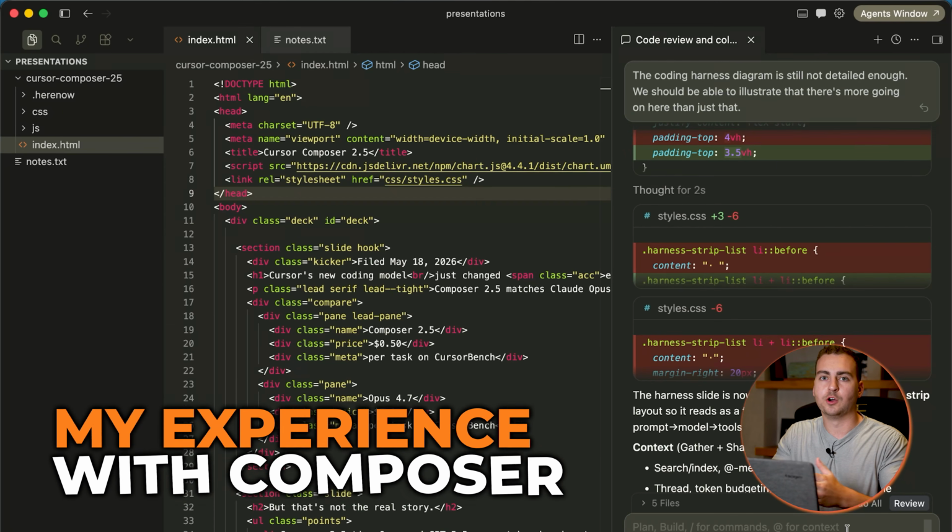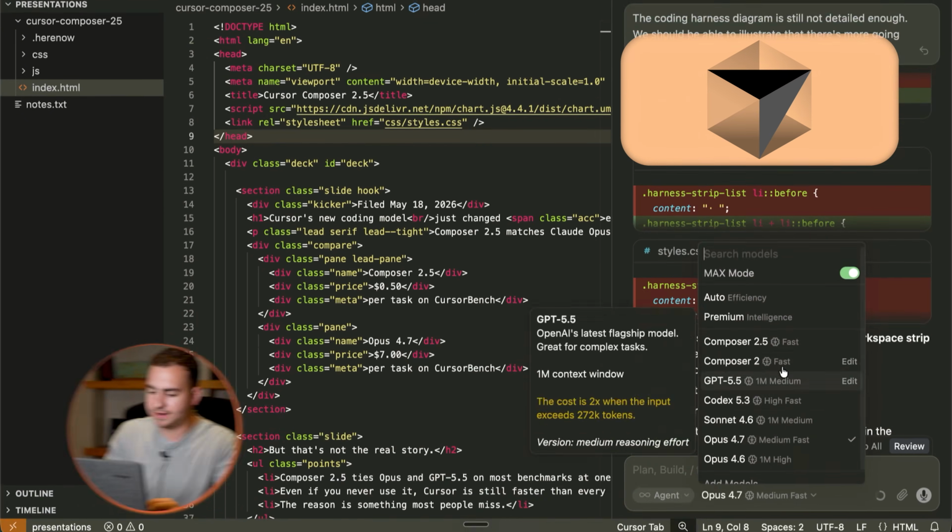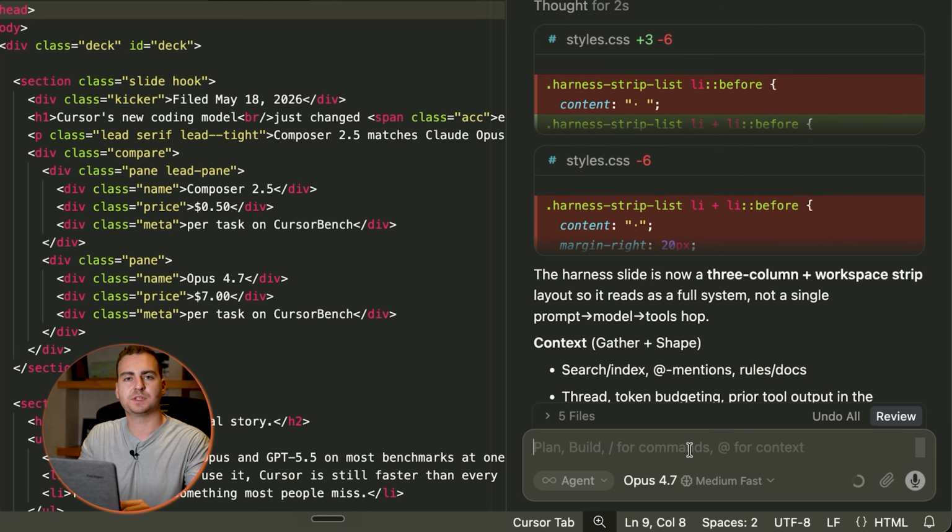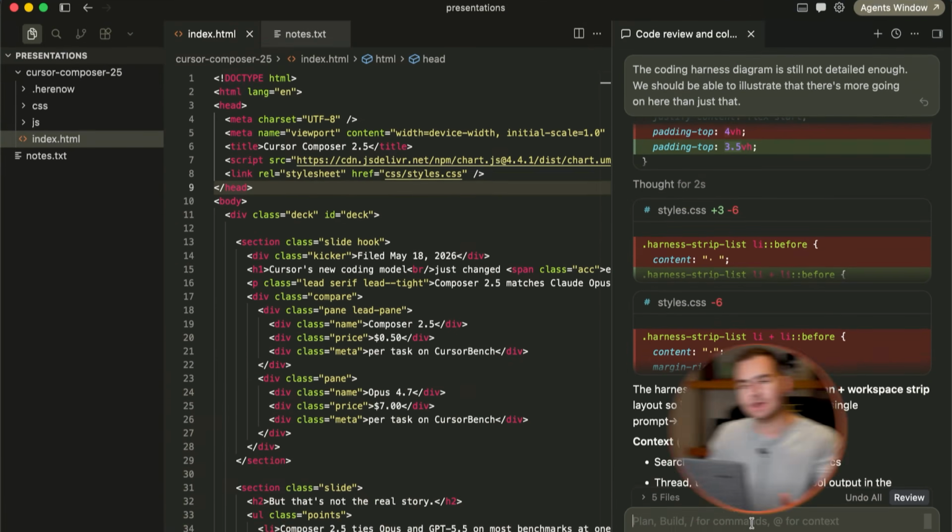So a few days ago, I opened up Cursor. As always, I switched my model here to Opus 4.7, and I started giving it a bunch of instructions and getting it to build out an app for me. Now, after about 2 or 3 hours, I actually ran through all of my usage of the high-end premium models here,